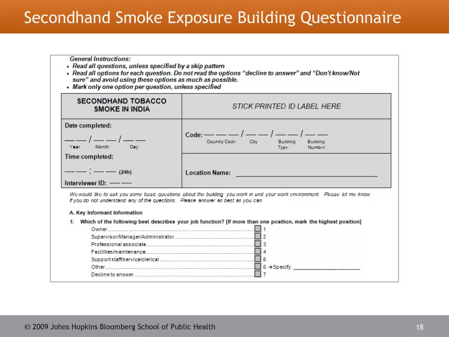This is an example of our building questionnaire. It just asks some general questions, as I mentioned, about the venue, such as the ventilation system that might be present or may not be present, if there's any smoking policies that might exist in that building already, any type of advertisement of cigarettes or other tobacco products that exist, and any other questions that you might feel were pertinent. In this particular study, it was just a minimal 10-minute interview with the building manager, owner, or even a maintenance